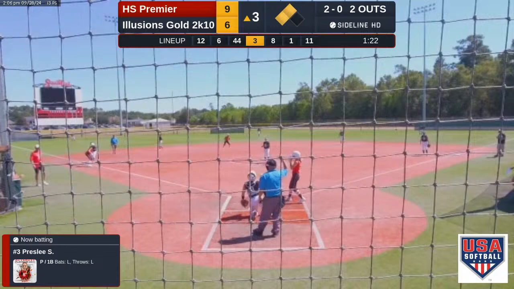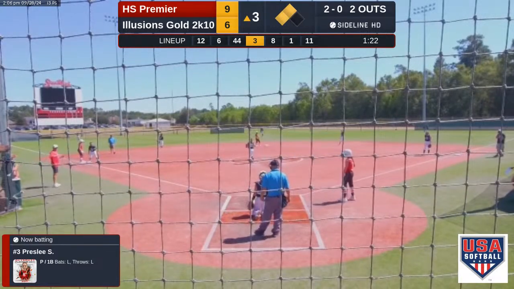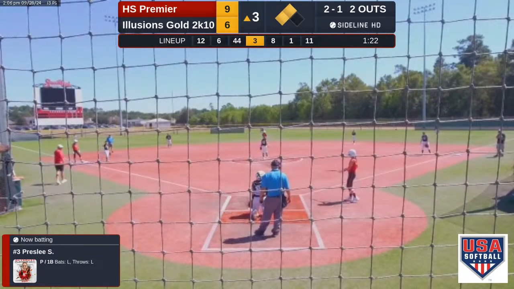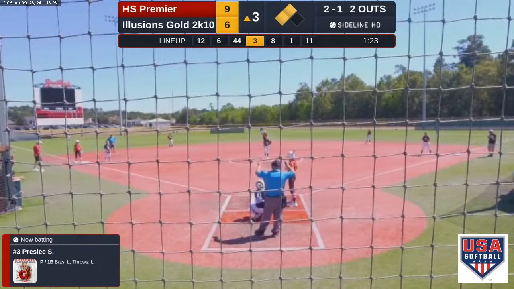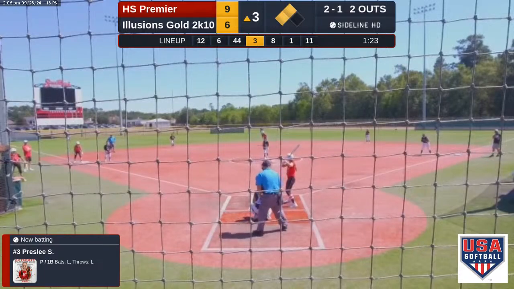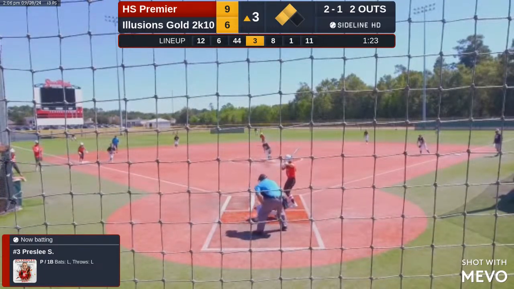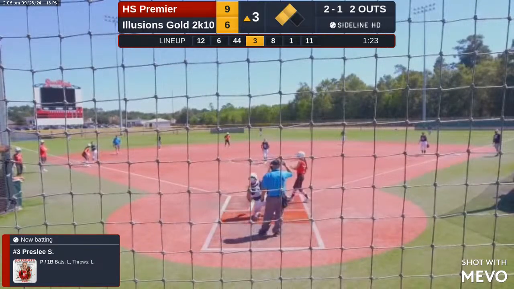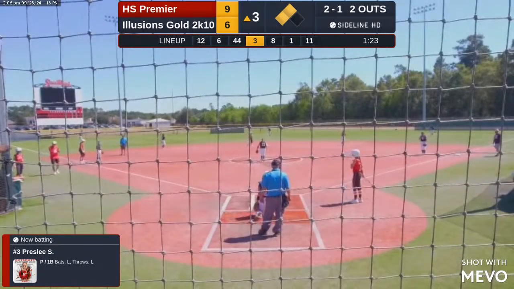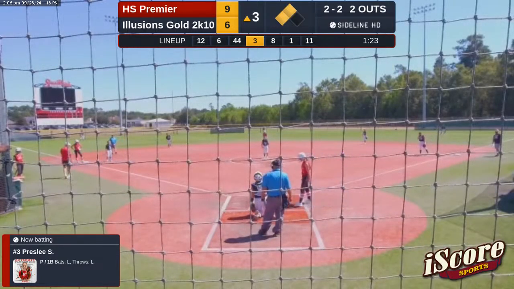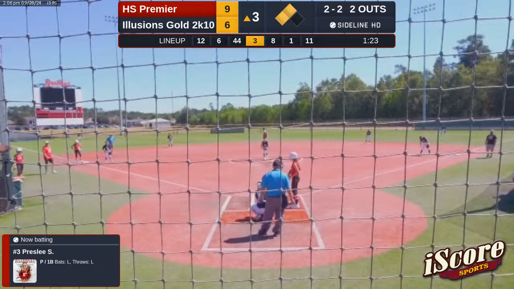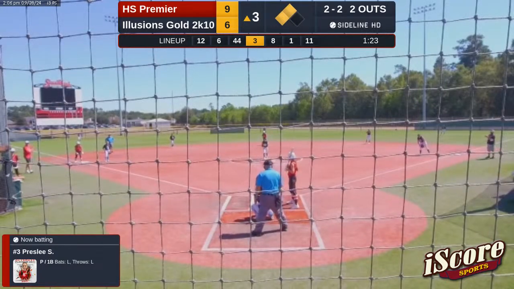Ooh, big cut. Strike 1. Swing and a miss. We got a 2-2 count with 2 outs. So the only problem I see with this game going way over the time, which we're over already, means our last game won't be over until later, and my 9 o'clock bedtime may be in jeopardy.